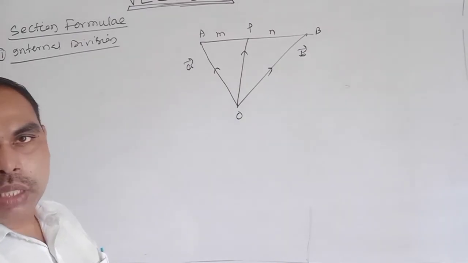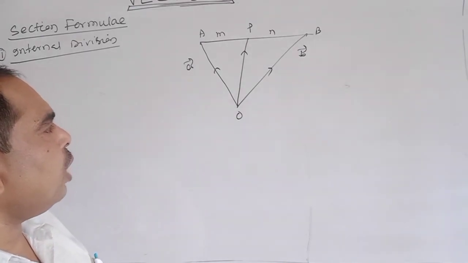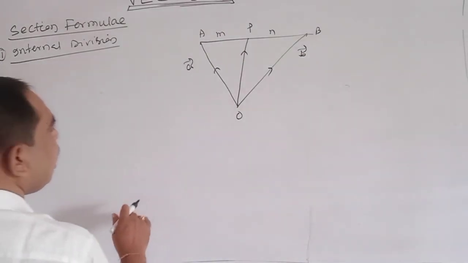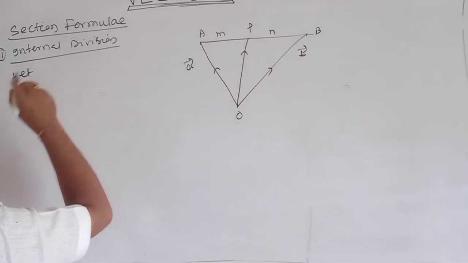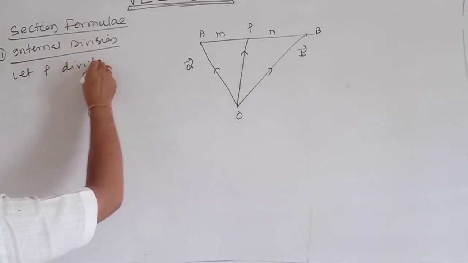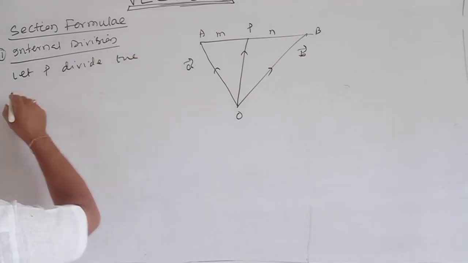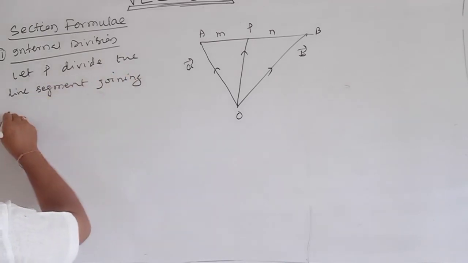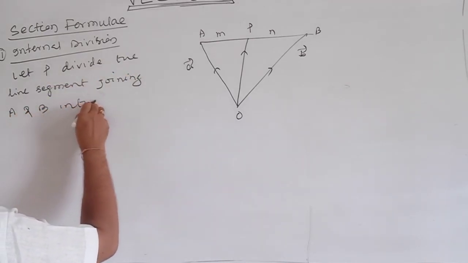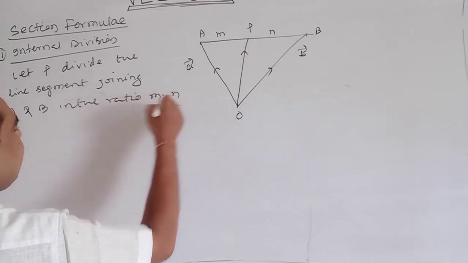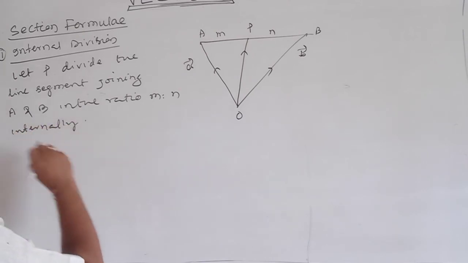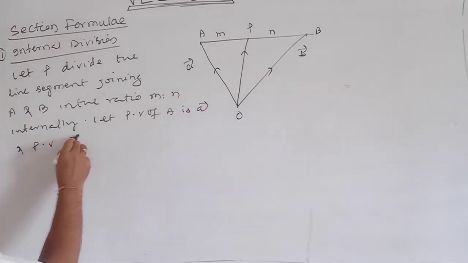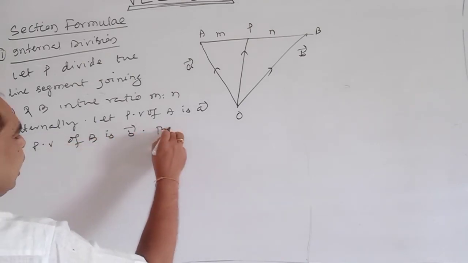P divides the line AB in the ratio m:n internally. So what is the position vector of P? Let P divide the line segment joining A and B in the ratio m:n internally. Let the PV of A be A vector and the position vector of B be B vector. Then what is